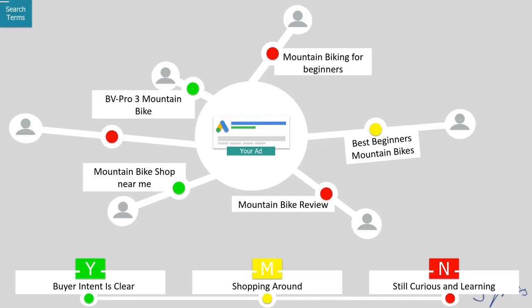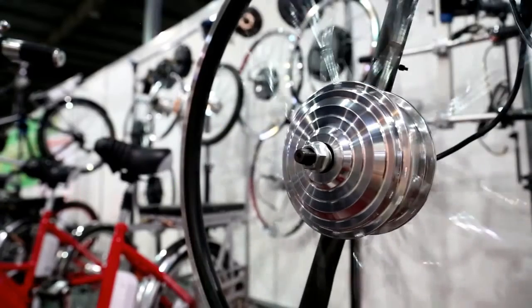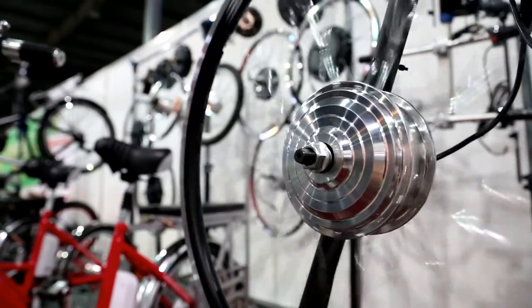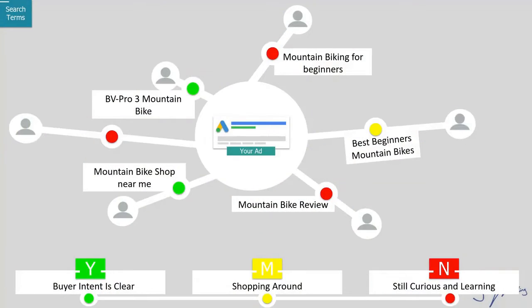So here's a concrete example. Let's say we are a bike shop. So in red, we have the keywords that we wouldn't want to go after, like mountain bike review or mountain biking for beginners. We have no idea what this person wants to buy. Whereas in green, we have a fictitious mountain bike here, and then we have a mountain bike shop near me. So both of those searches, while very simple, represent people who are actually ready to buy. They're actually looking to buy a mountain bike, whereas the red is just people who are learning about mountain biking,